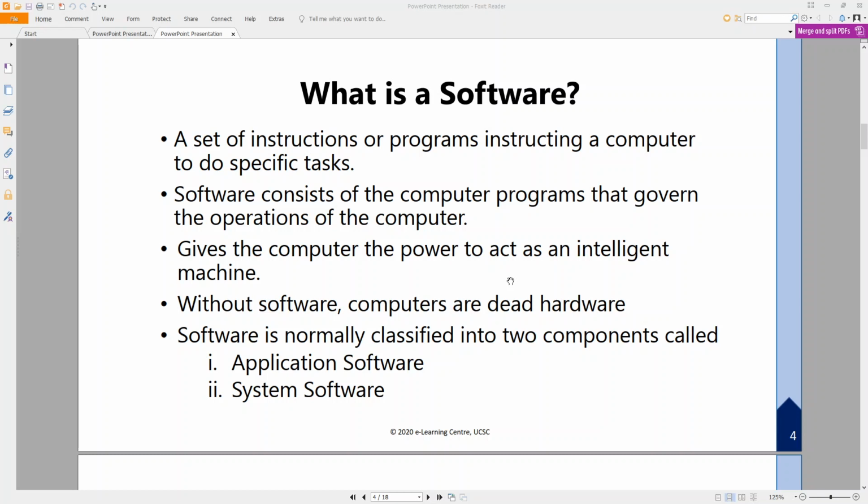So those things which can be touched and which are tangible are called computer hardware. Now if there is just the hardware, if you have just the hard disk and the DVD writer and processor and everything,